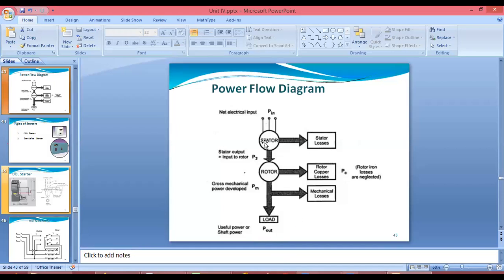So when we are using the stator and rotor, you will get different types of losses. These losses are fixed and variable. You will get the mechanical loss and core loss, that will be the constant or fixed loss, and the loss which will be because of copper. You can say these losses are variable.